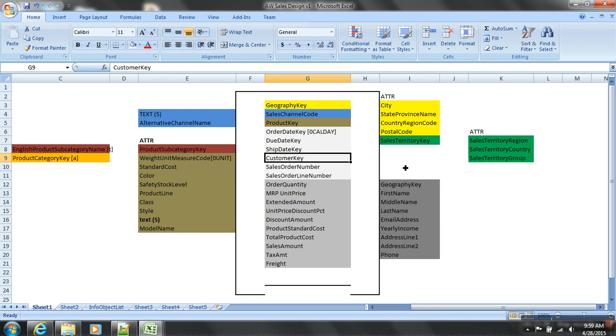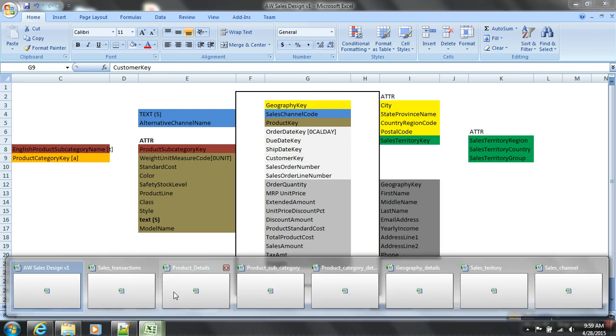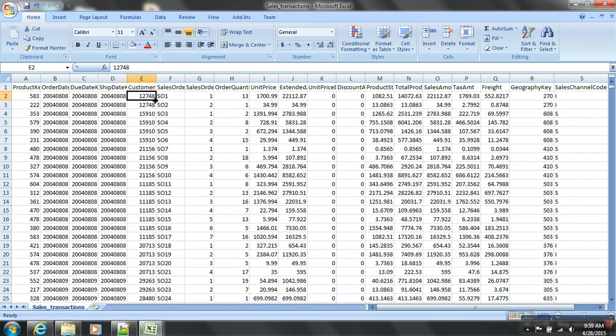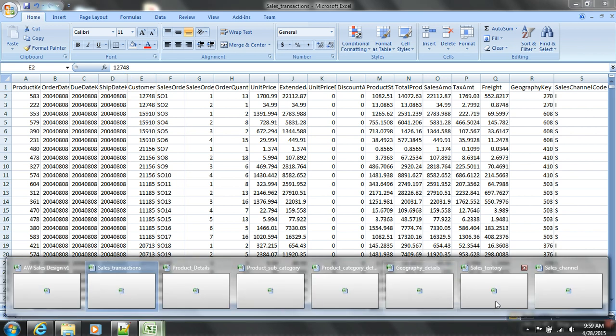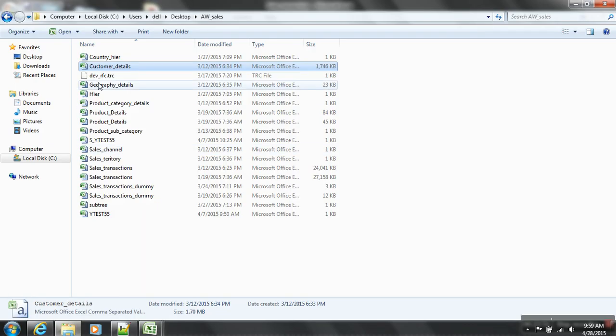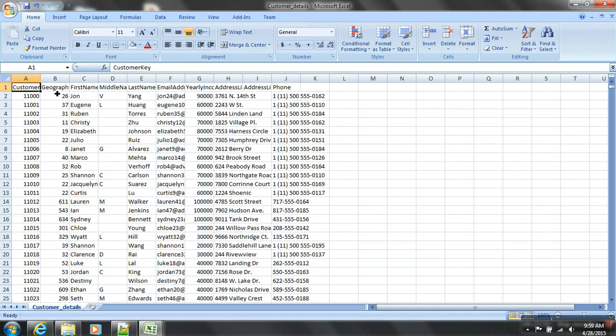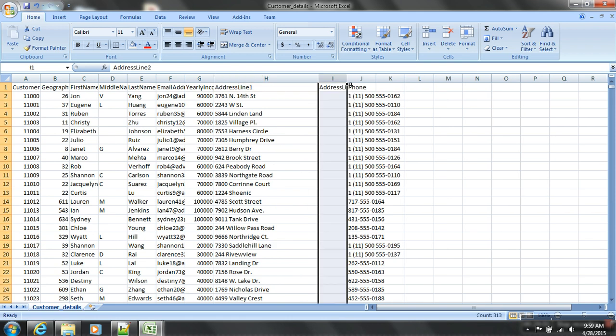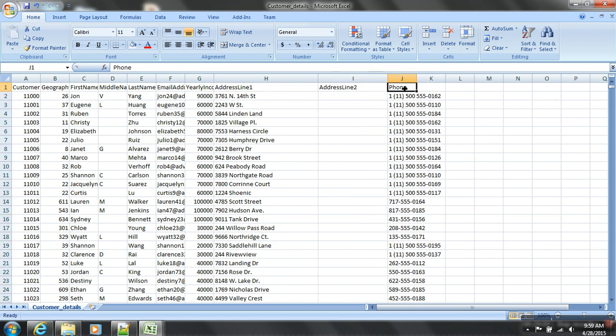Now look at this. Now again with customer key, we are going to have some attributes for it. Now if I see this, I got customer key. For more properties, I have a different set of database. So I got geography. First name, middle name, last name, email address, yearly income, address line 1, address line 2, and then there's something called phone number. These are all details. Can I set this into attributes first? I don't want any text here.